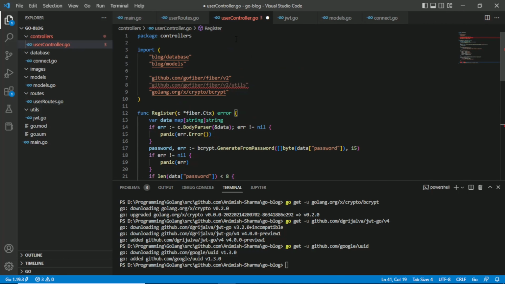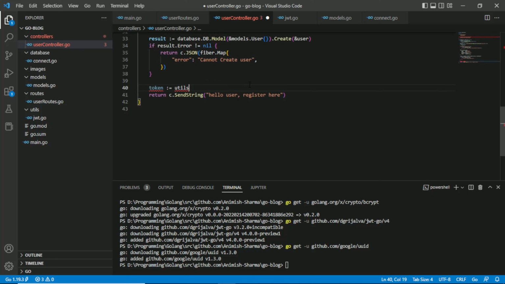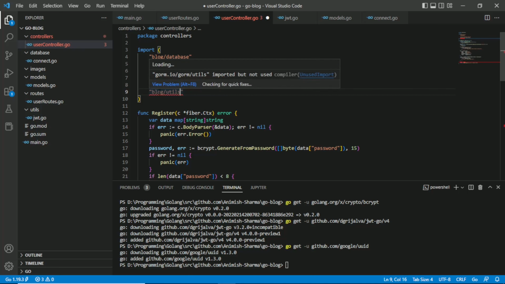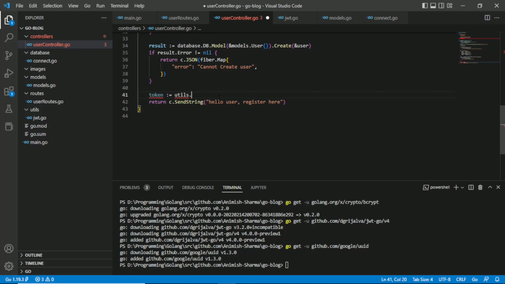I guess we have imported the wrong utils. So let's go ahead and say blog slash utils. Imported but not used. Yes, so utils dot